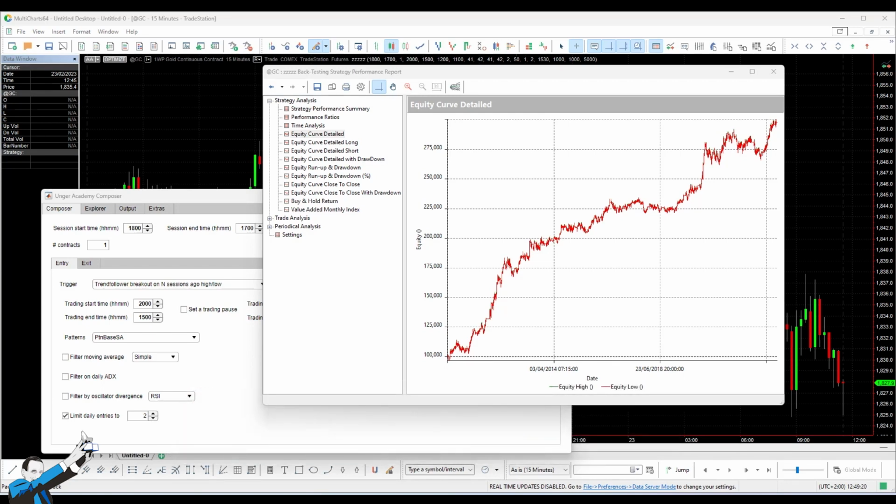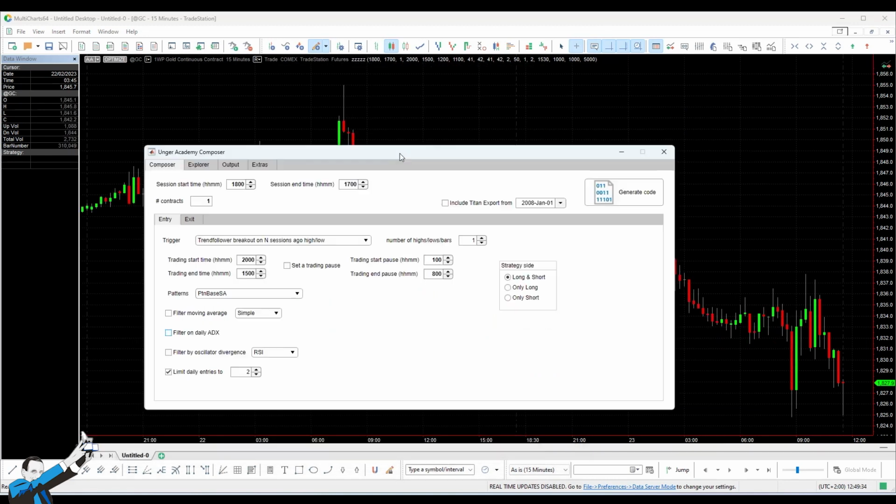Thank you. So as systematic traders, all we can do is start by coding a trading system. Do you have to be a programmer to do that? Absolutely not. In fact, at Unger Academy, we have a proprietary tool that can generate code in EasyLanguage for platforms like TradeStation and MultiCharts. This software is called Composer, and it allows us to generate the code for a strategy with a few very simple clicks. For example, we've prepared the code for a breakout strategy, which means it takes advantage of an upward or downward trend in the market.